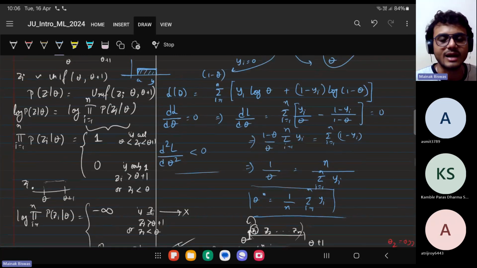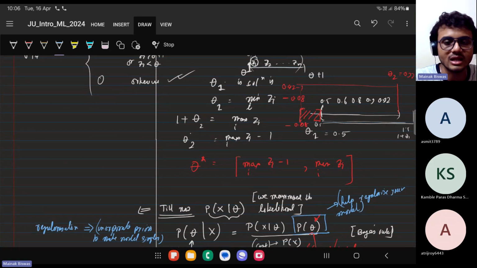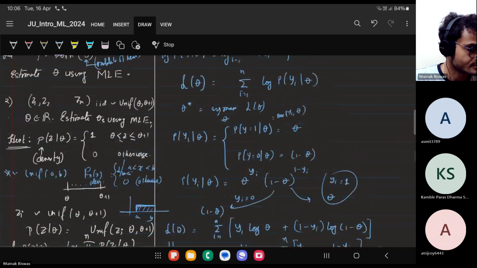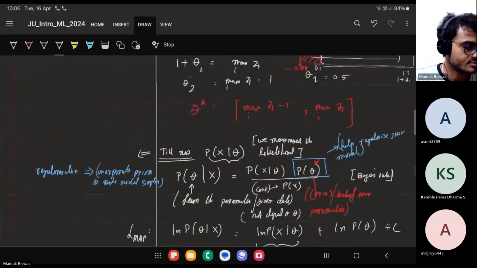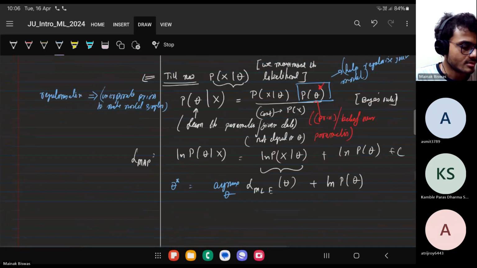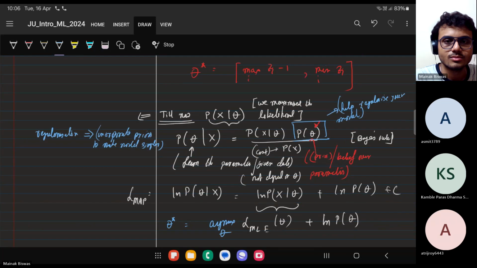Is this clear? Is the MAP estimate clear? And how linear regression is a MAP estimate? Is that clear? Any questions? I'm waiting for questions. Please ask. Okay, so if there are no questions,